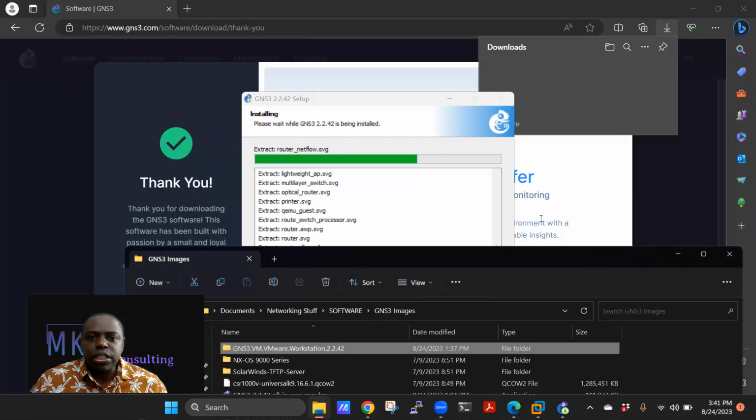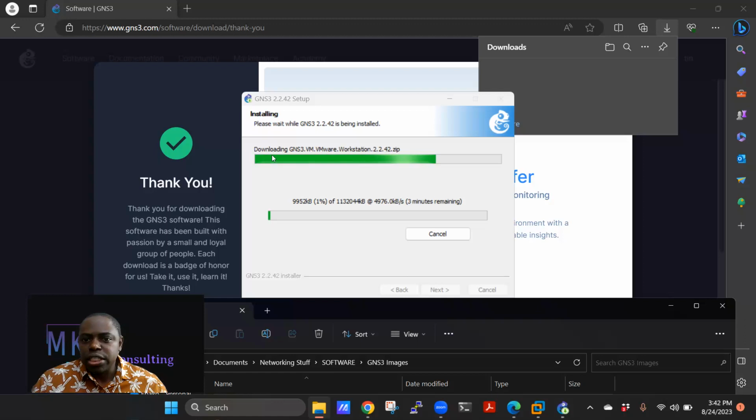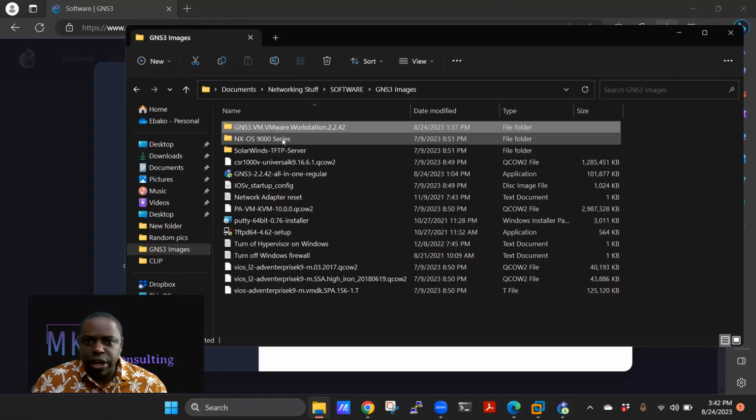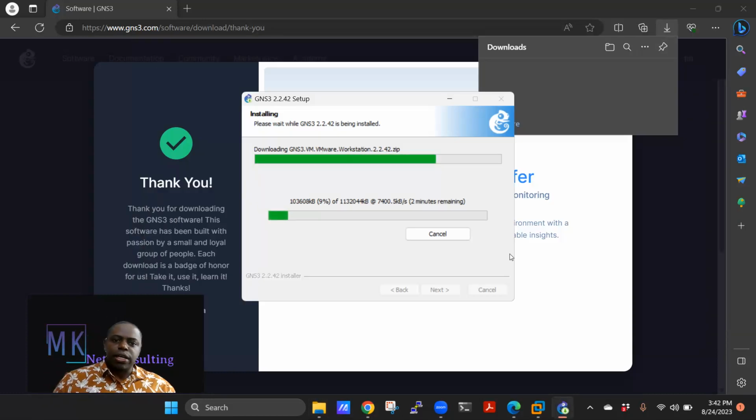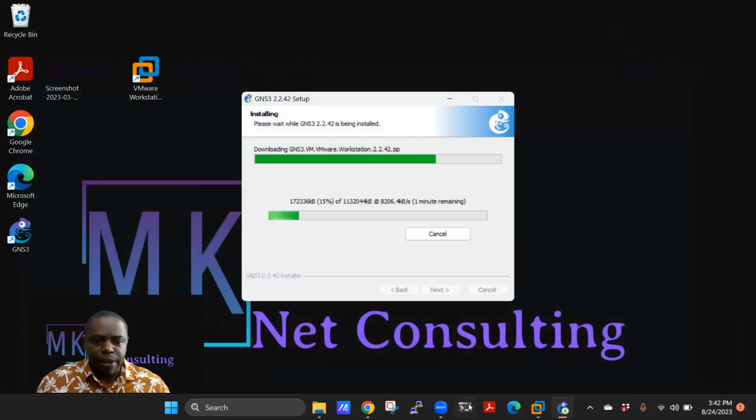When this process is done, I think actually let's wait for it, because see how it says download the VM Workstation. What it's doing is the VM is this file that I already have here, but I'm going to let it go through so you can see the process, because we have to unzip that file. While that is going on, we can close this. You don't have anything to do with that. Let's go to the VM Workstation. I'm going to click on this